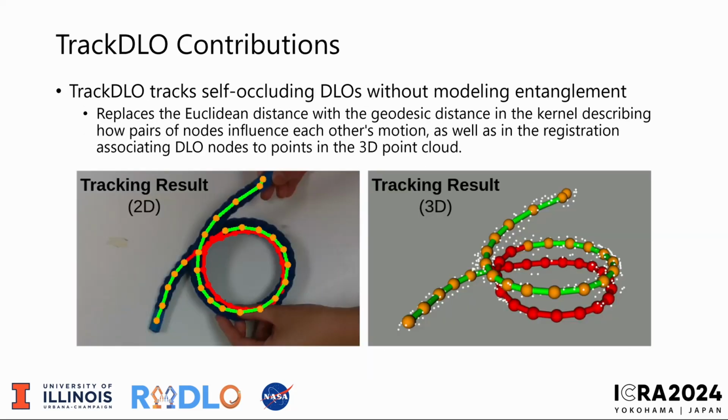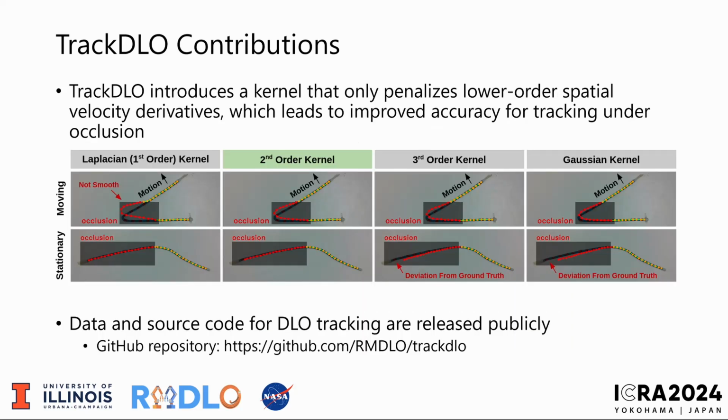TrackDLO tracks self-occluding deformable linear objects without modeling entanglement. This is achieved by replacing the Euclidean distance with the geodesic distance in the kernel, describing how pairs of nodes influence each other's motion, as well as in the registration associating DLO nodes to the points in the 3D point cloud. TrackDLO introduces a kernel that only penalizes lower-order spatial velocity derivatives, which leads to improved accuracy for tracking under